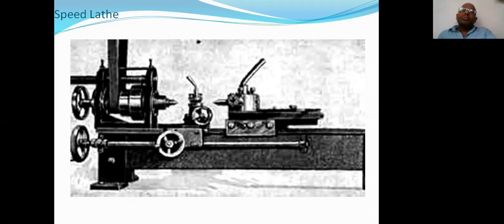So the speed transmitted from the power source to the rotating job decreases. That means the speed obtained is lower speed. Otherwise, if the job size is small, or if it is a soft material, then high speed is required. Why is high speed required? So that the job is processed within less time. There is no problem, even though the material is soft or even though the material is a smaller size one.